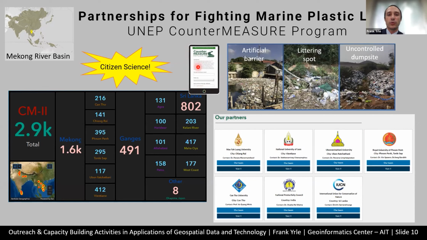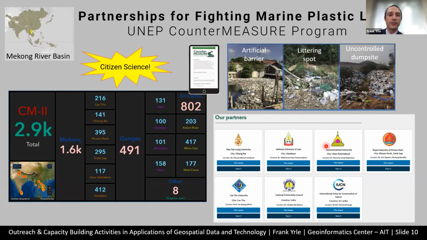We were going around and having citizen scientists, just average people interested in the environment, going to places where litter might accumulate, like artificial barriers, littering spots, or uncontrolled dump sites, which I find all over the place around here. And we had a lot of partners in this project, a number of universities from around the region, including from Thailand, Laos, Cambodia, Vietnam, India, and Sri Lanka.